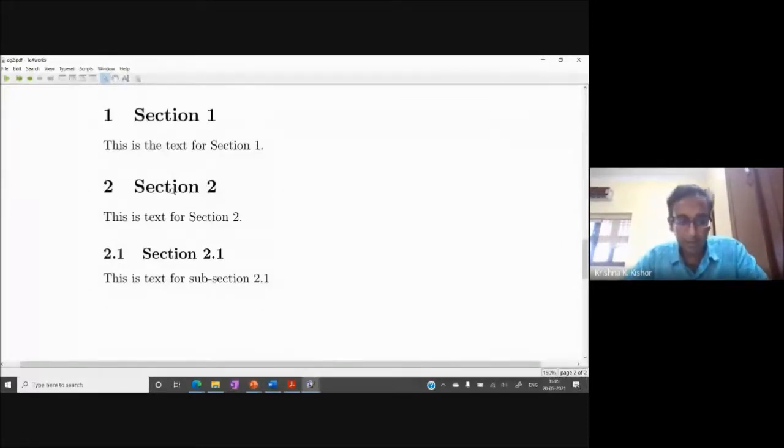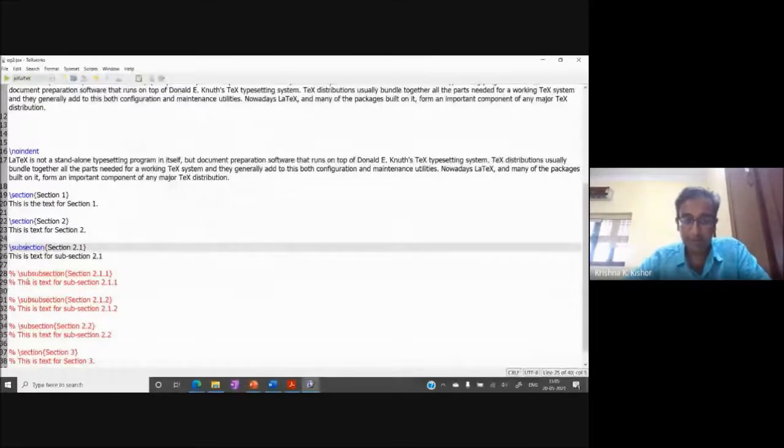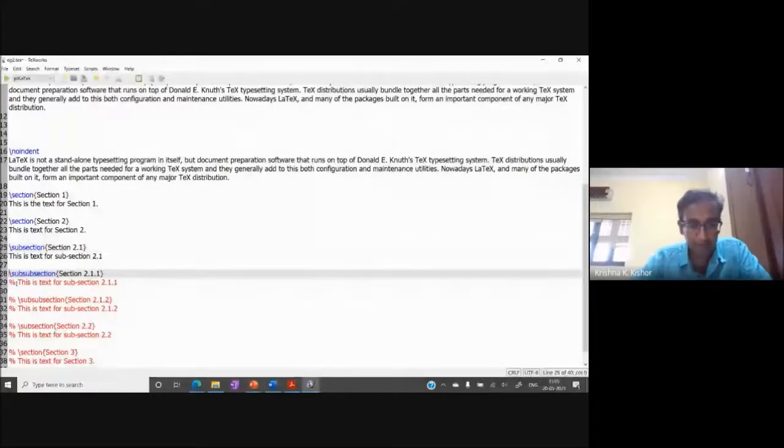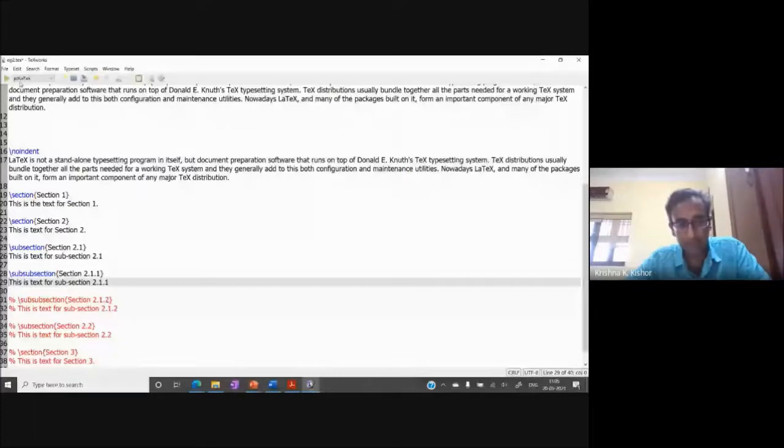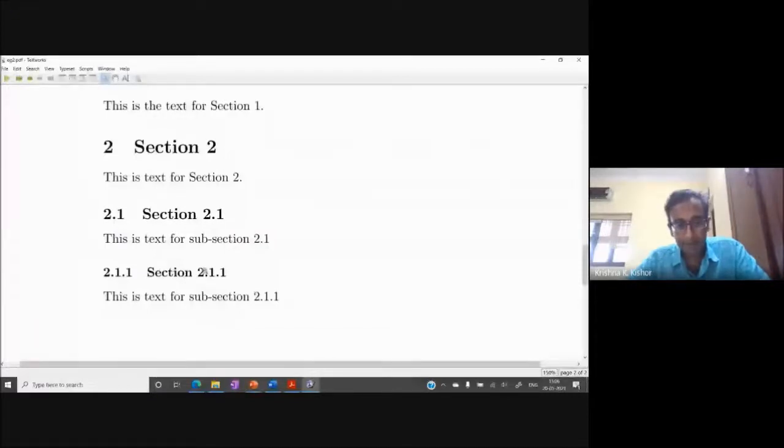Now you can also have a sub-subsection, for example 2.1.1. So this is what you would do. You would have again subsection 2.1.1, and again you can uncomment that, and then let's compile it. So this is what happens: 2.1.1, and this is a title for that, and this is customizable. You can write it whatever you want, and so on.